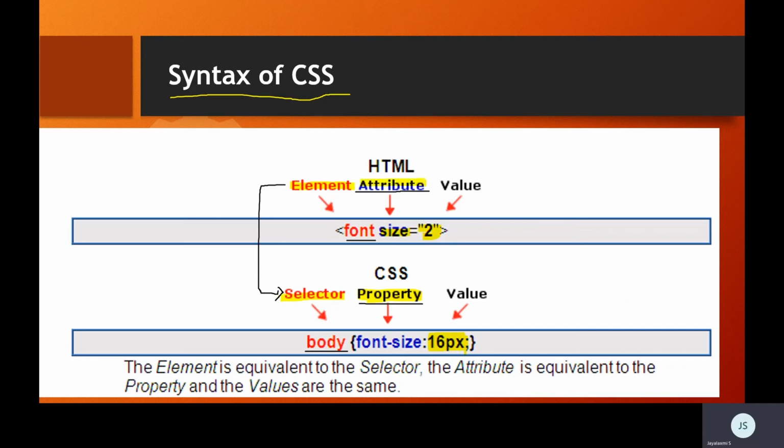HTML we call it attributes, which are limited to tags, and DHTML we call properties, which have a universal application. HTML values are given in double quotation, and DHTML values are given in numerical format. And in DHTML, every property is terminated with a semicolon. If I want one more property, I'll put a semicolon. Here we use a space, but here we use a semicolon.